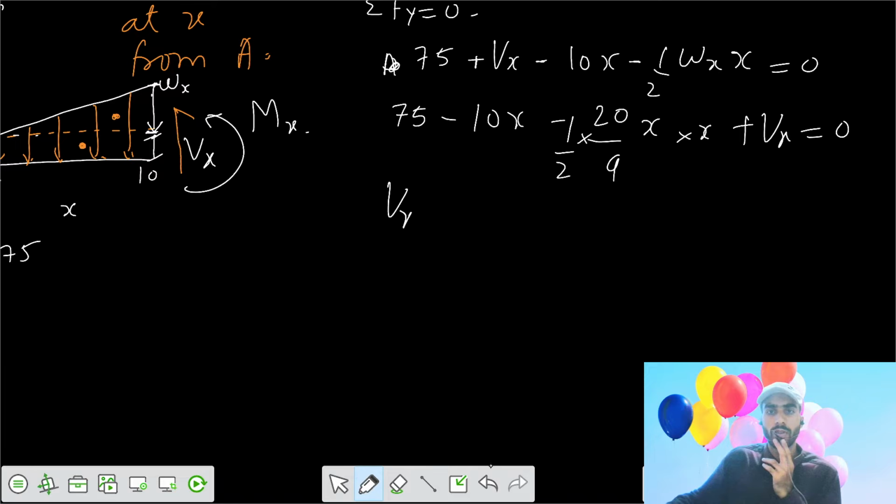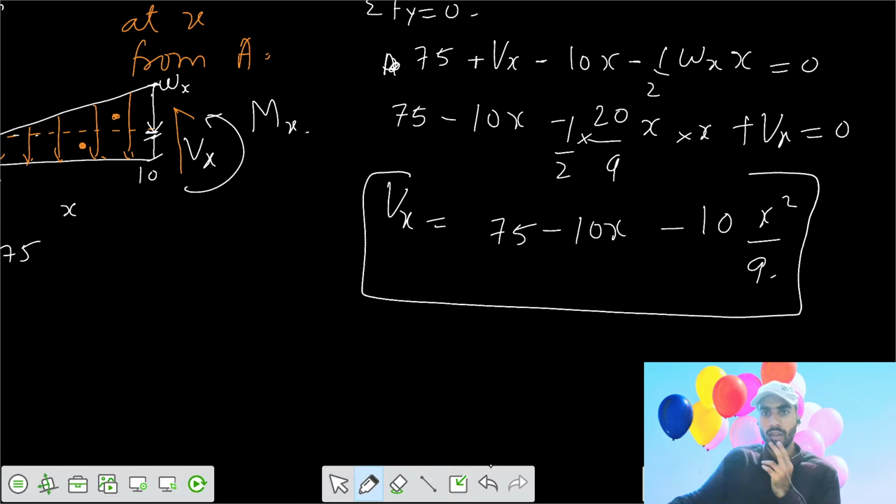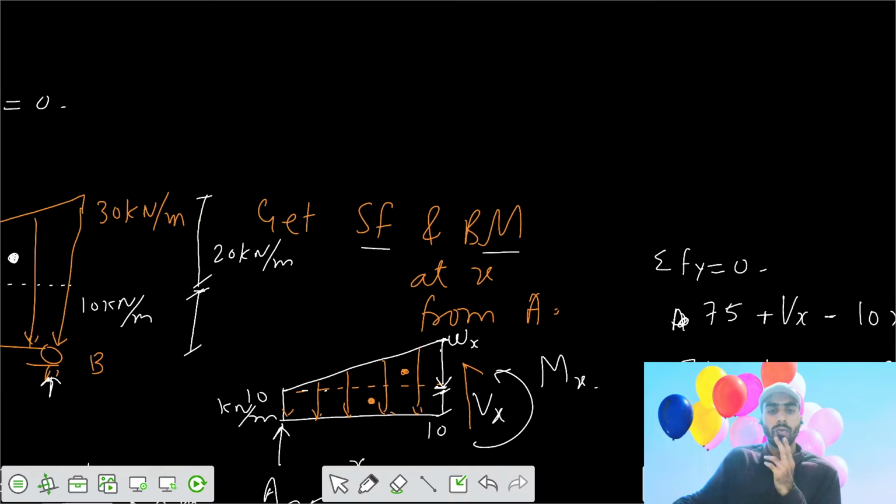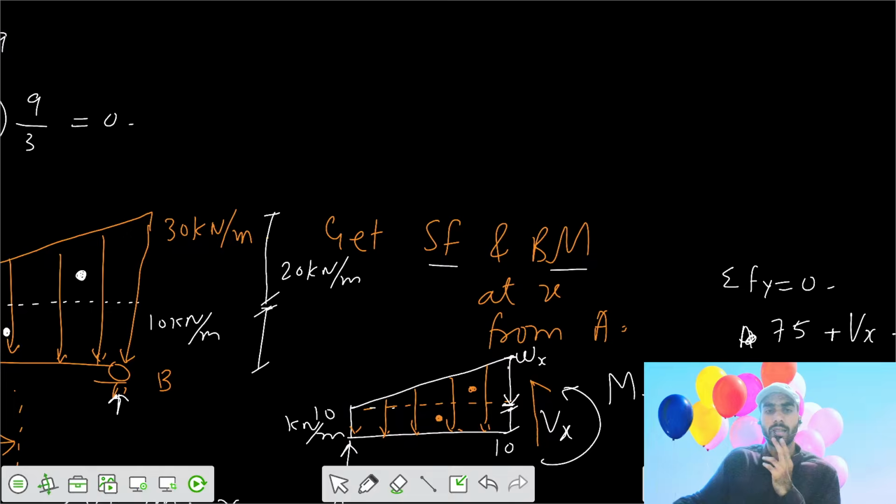So your shear force equation becomes 75 - 10x - 10x squared by 9. So by knowing the shear force variation, by plotting for different values of x, we can get the shear force diagram. Similarly, now going for the moment at x,